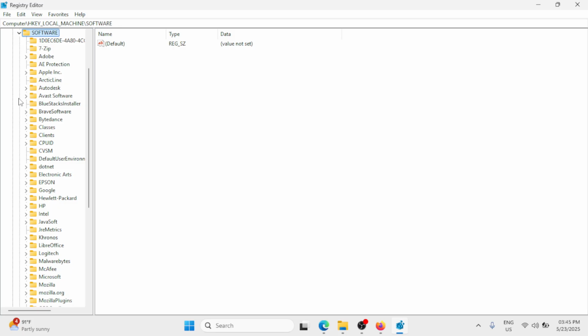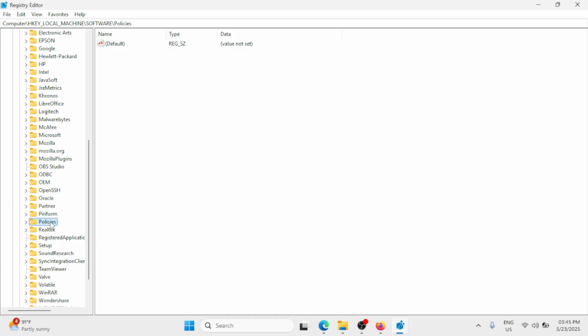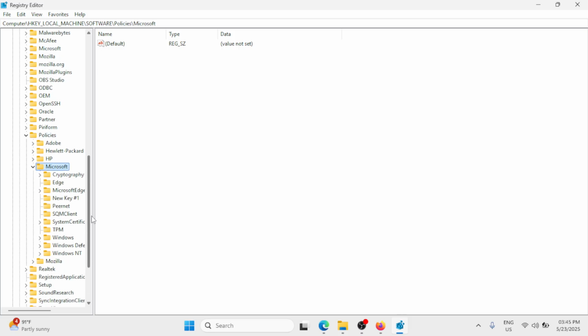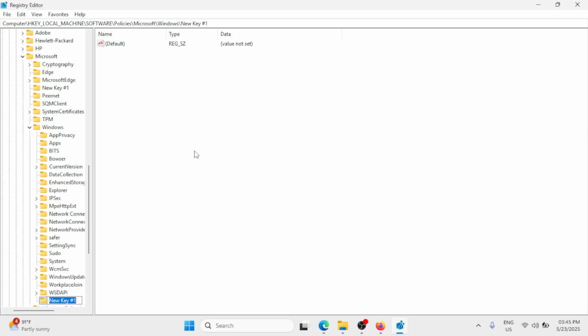Once you find Software, look for the Policies folder. Policies, click on the arrow to expand. Then under Policies, look for Microsoft, click on that and click on the arrow to expand. Here you'll find Windows. Now click on Windows and then right click, select new, select key, and type in here capital letter